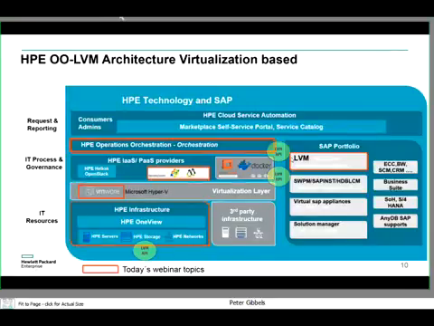For the SAP LVM integration, it's mandatory that we are able to connect to LVM. For this, LVM has different API layers. And from an HPE point of view, we address these layers. And today we will basically introduce to you the layer that we now added to connect operation orchestration to SAP LVM.